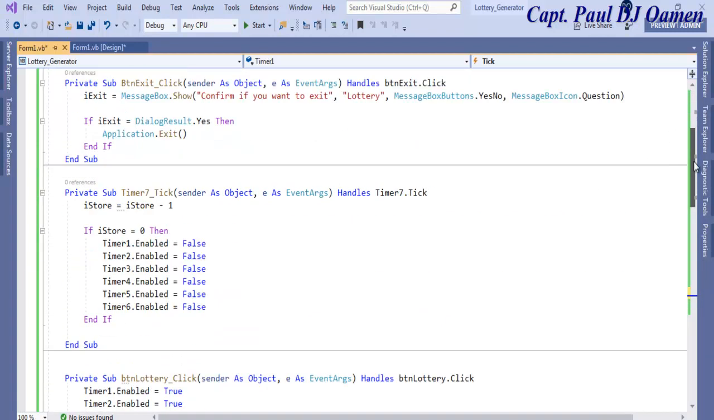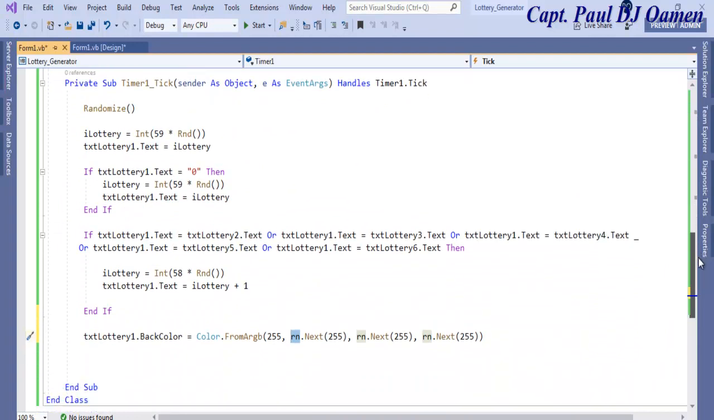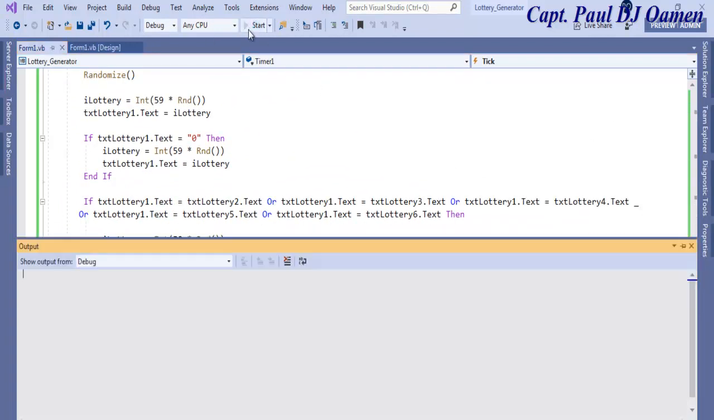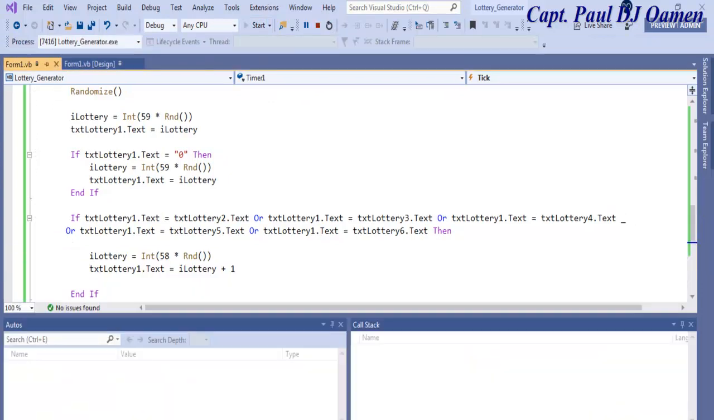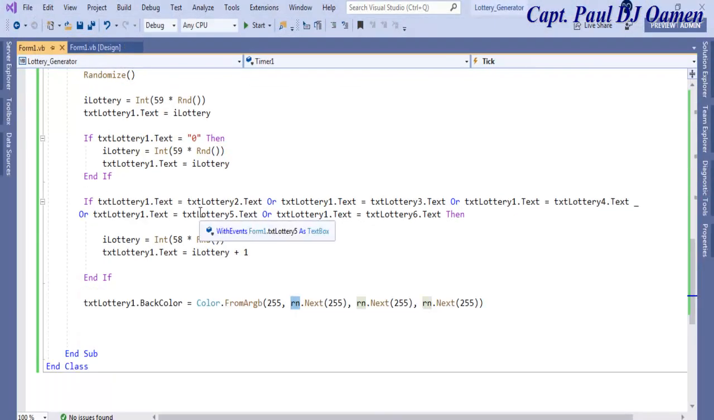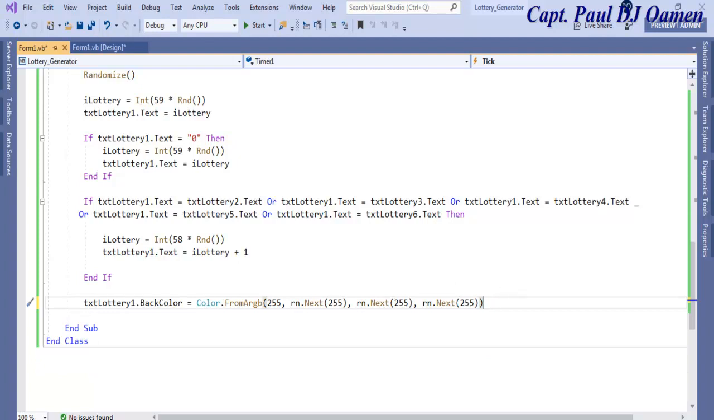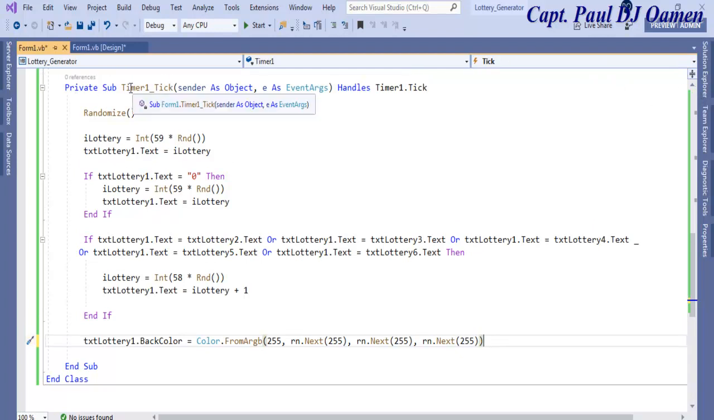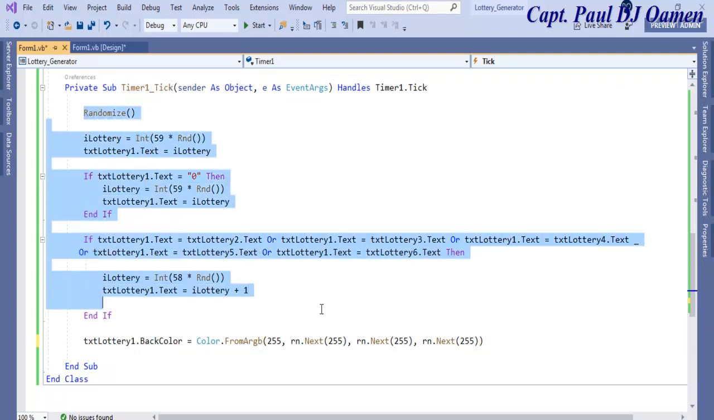Okay, come right down so that you guys can see the code again, because I'm now going to speed it up once I finish running it. There we go. Look at that. You see the colors are now changing. So all I'm going to do now is copy these lines of code that I have inside timer number 1. Copy everything,